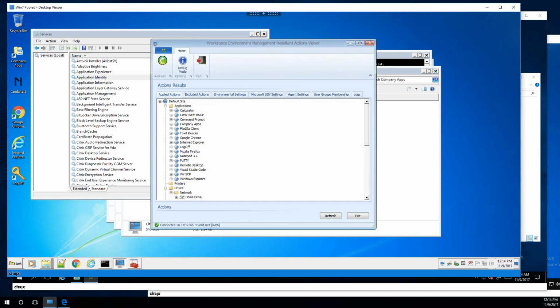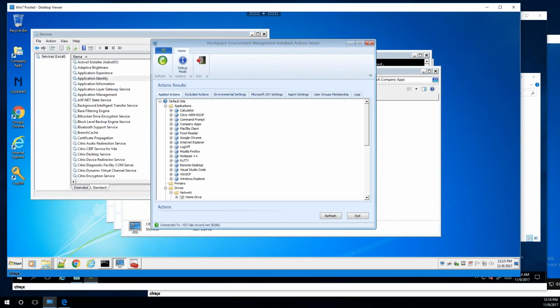Oh, that's an interesting point. I was thinking more like the tool you were referring to would actually pull out the settings and then make them WEM objects. But yeah, that's a good point. I would love a setting that'll do that, where I can import the ADM, ADMX just to get the registry keys and not have to worry about it. But again, be careful which ones you choose, because a lot of them are buggy, as I showed with the no run registry key that everyone uses all the time.